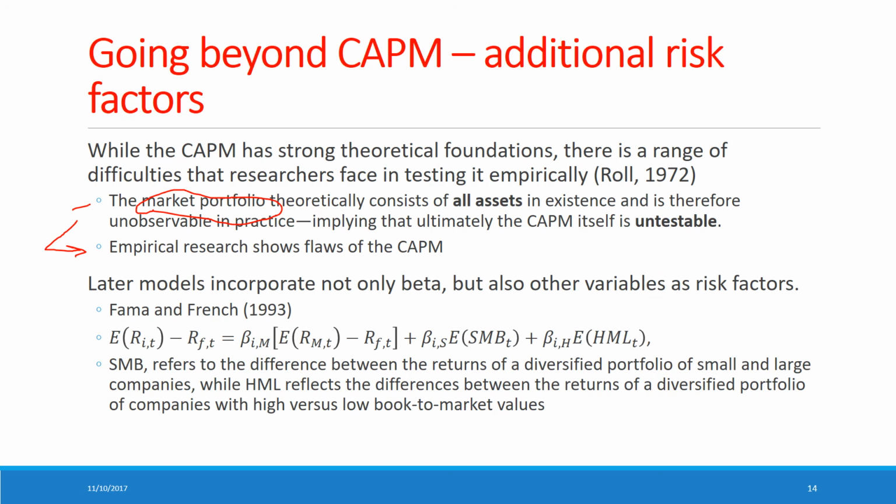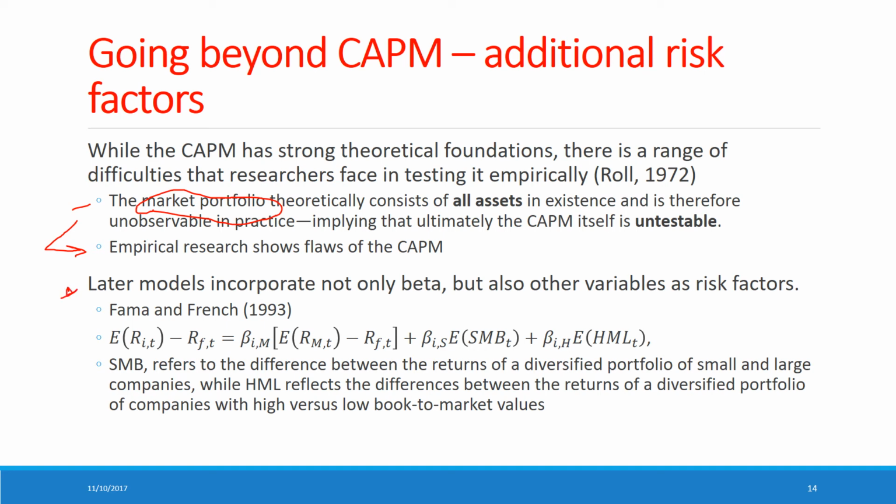So Roll's 1972 criticism about the untestable nature of the CAPM model, as well as empirical research showing that the CAPM model doesn't explain returns very well, these two factors motivate a lot of other studies